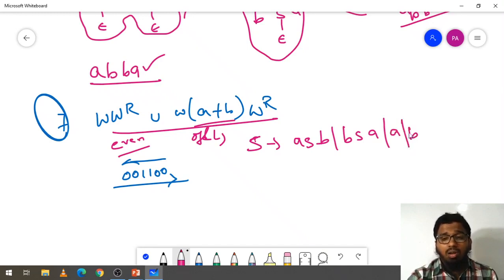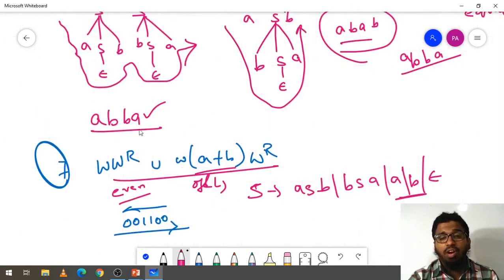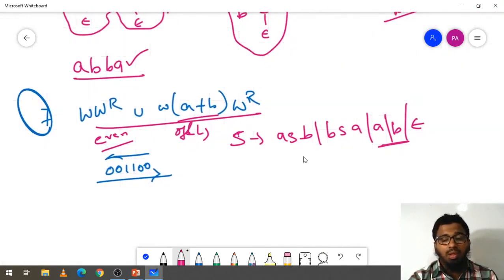Or if you want the even palindrome, you must add the epsilon. If you want the odd palindrome, you must add this A or B. Okay, if you solve this, then definitely you will get the same answer like this. Okay, for even. If you want odd, you can add any one of this, A or B, then it will be odd. Okay, so this is about the